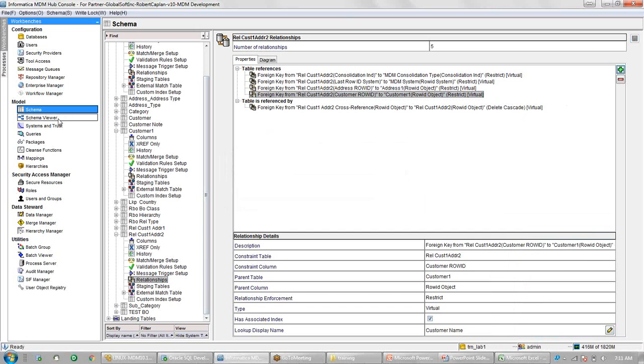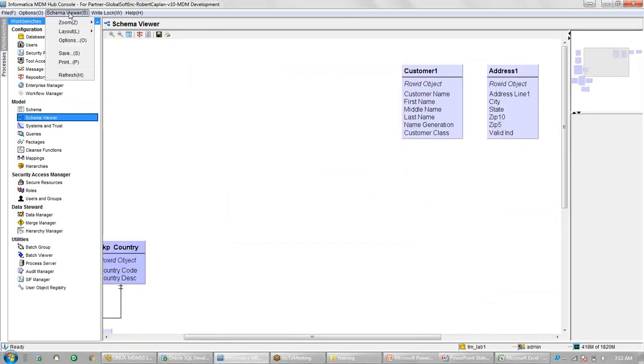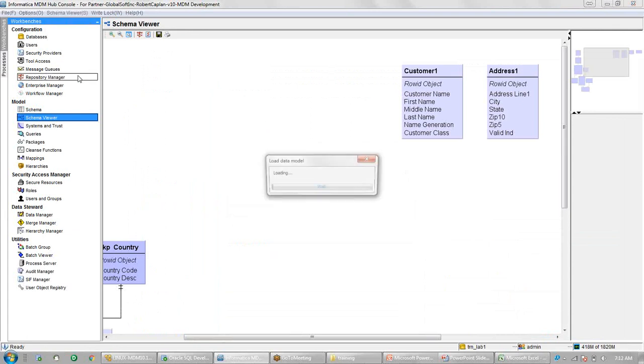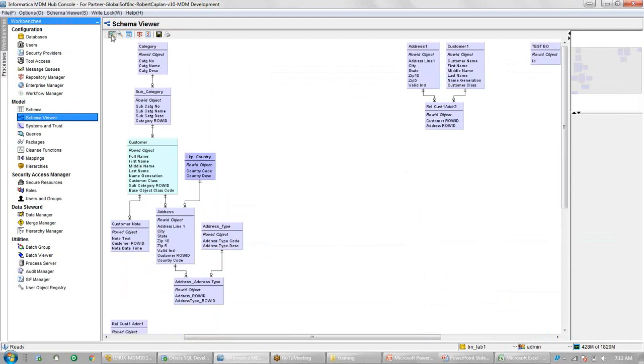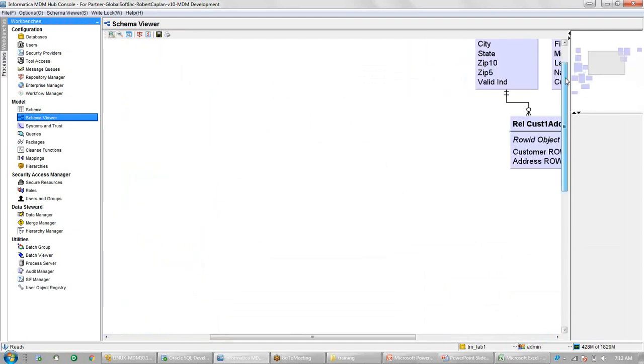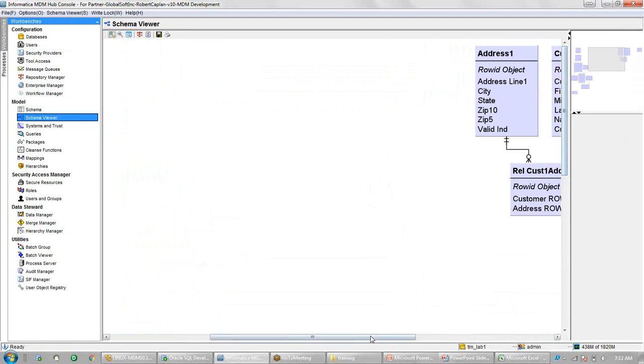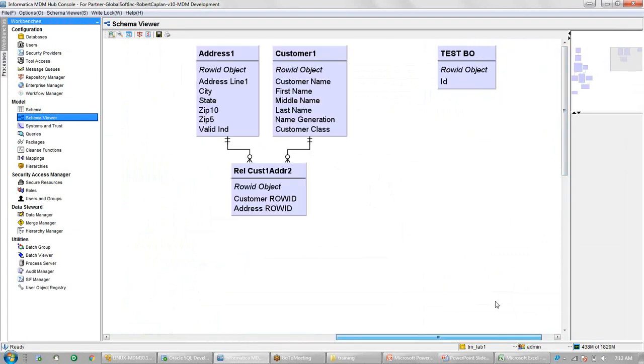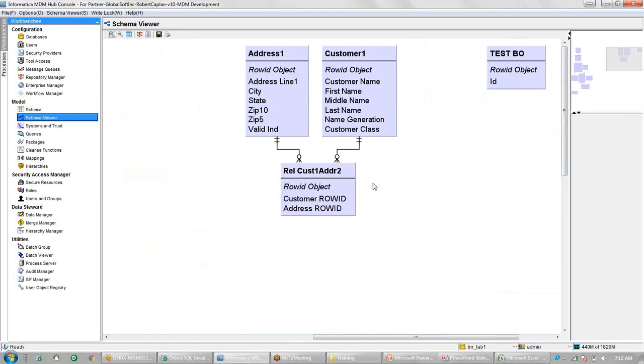Now if you go to the schema viewer, where we can see this detail, once you come here, you need to click on the refresh button. Now we can see that between the customer table and the address table, we have a many-to-many relationship defined.